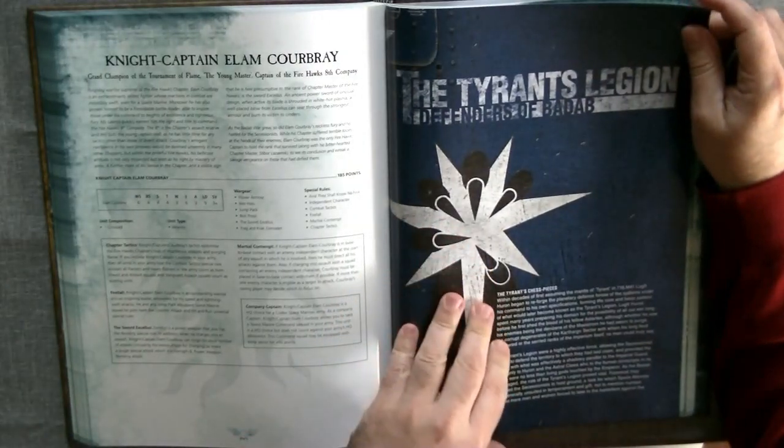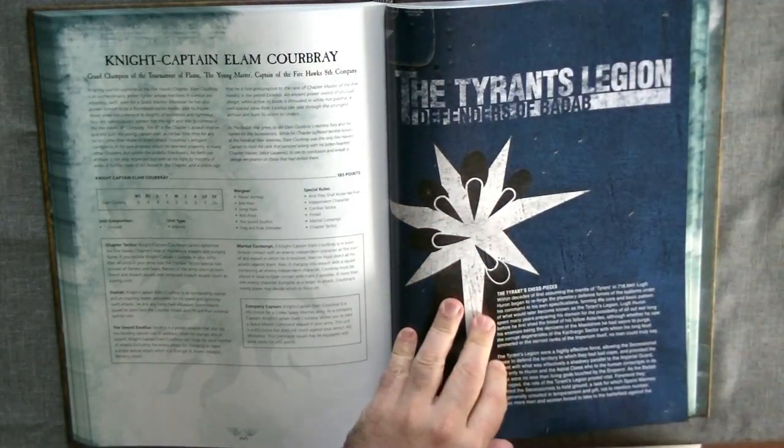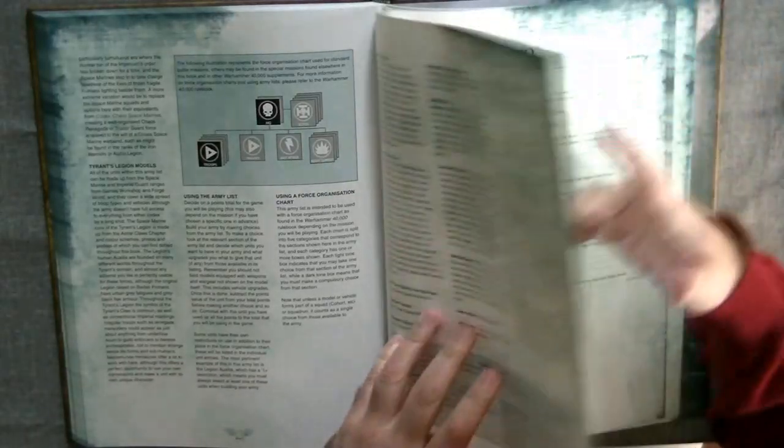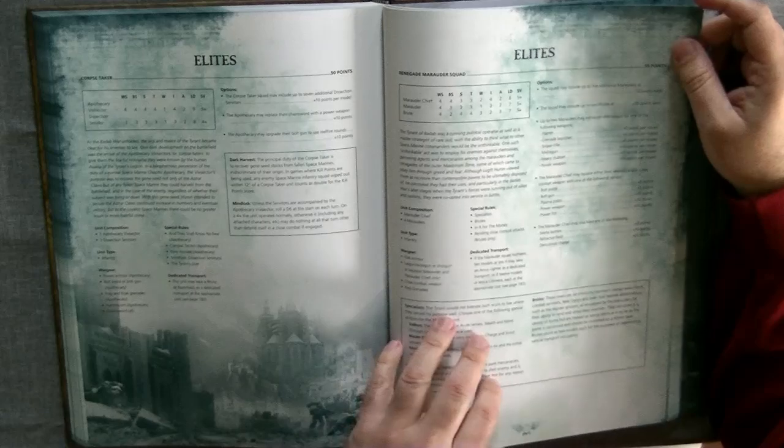And then we have the Tyrant's Legion, Defenders of Badab. So they represent that they want to separate from the Imperium, and the Imperium, of course, cannot accept that. So they were secessionists, and the Imperium cannot accept secessionist factions. So you can see here the different